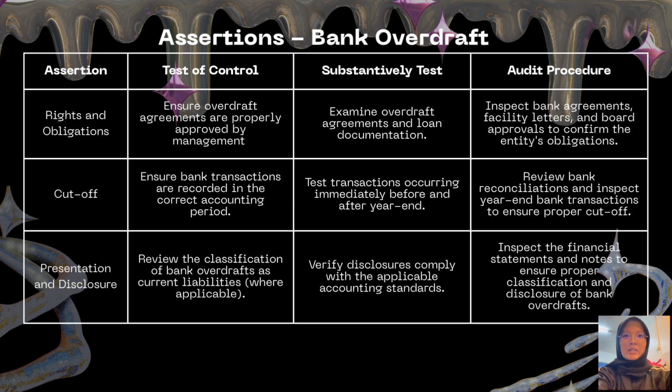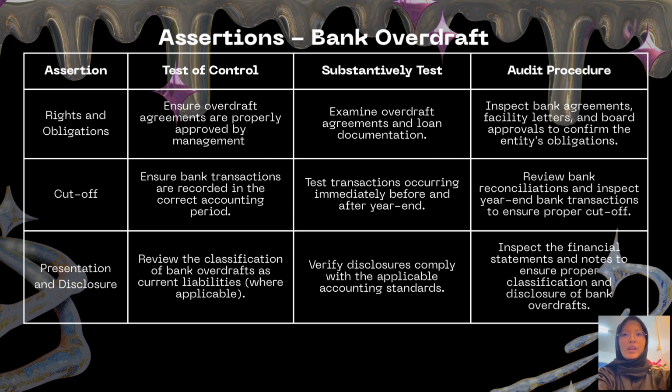Alright, for the last one is presentation and disclosure. The objective of this assertion is to ensure that the bank overdraft is properly classified and disclosed in the financial statement according to the accounting standard. Normally, bank overdrafts are classified as a current liability unless accounting standards require a different classification based on the term